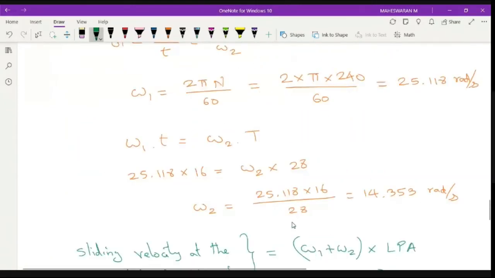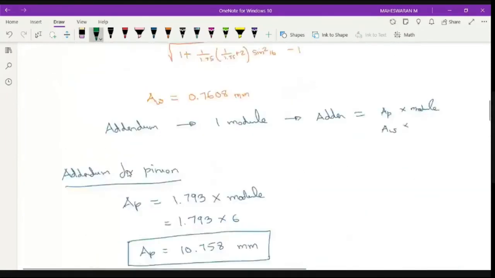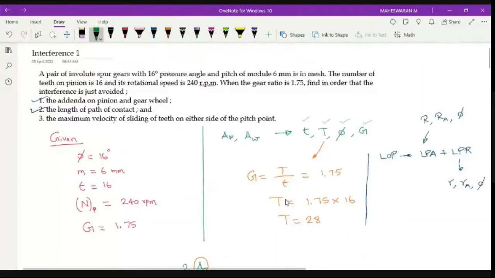Yeah, we will solve one more, right? And we will go for the next topic. So we'll try to solve one more problem related to this. Similar type, but the only thing is what we identify here is addendum. There are only two types here. One is identifying addendum. When you identify addendum, you have to be very, very careful. You have to multiply with the module value, right?